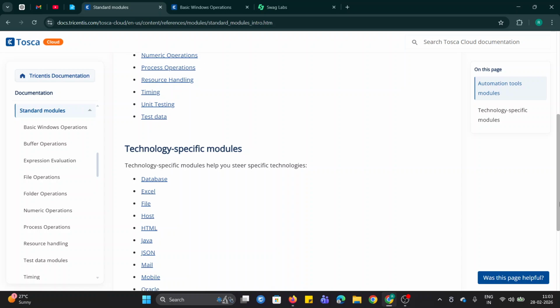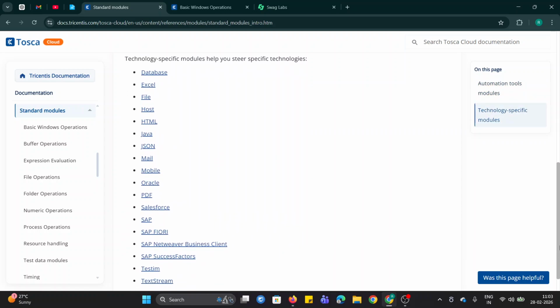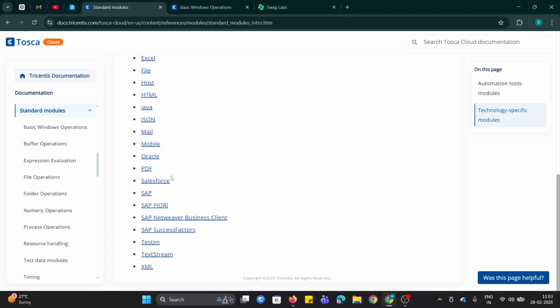And the other one is technology specific modules. Now these have all the technical things like working on different set of database, Excel operations like creating Excel, providing range data, deleting, opening Excel, everything. Same goes with file operations, HTML, Java, JSON, mail, mobile, PDF operations like comparing PDFs, scanning your PDF and working on those. SAP modules like opening SAP GUI, log on, login functionality, all those things. And then we have, so these are the